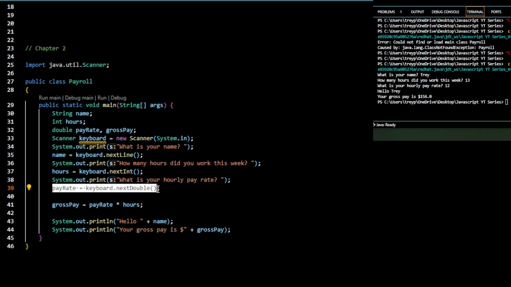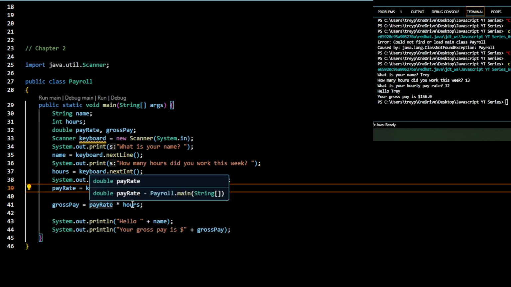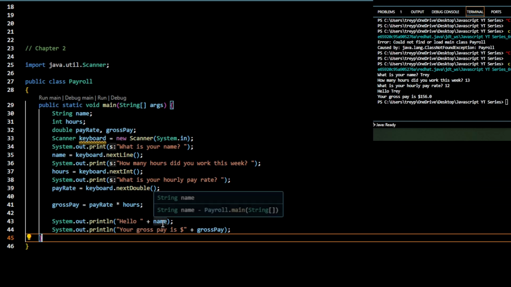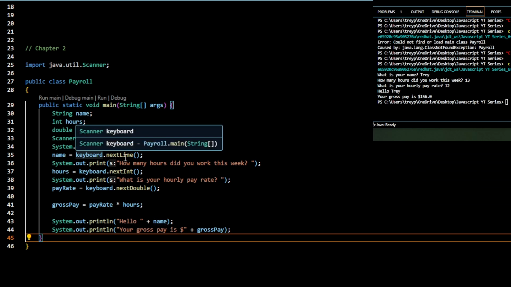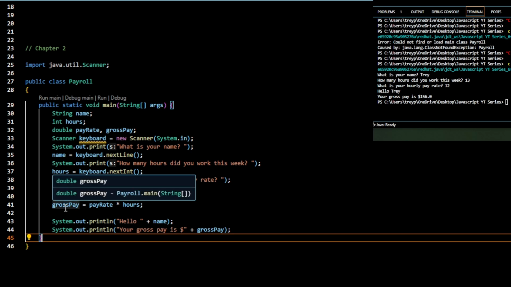Pay rate will get the next double that is there. And then from there, we will calculate gross pay with our operators. Gross pay equals pay rate times hours. And then from there, we can print out hello plus the name that we found with the keyboard.nextLine. And then we will print System.out.println, "Your gross pay is $", and then concatenate it with the gross pay that we get from this calculation